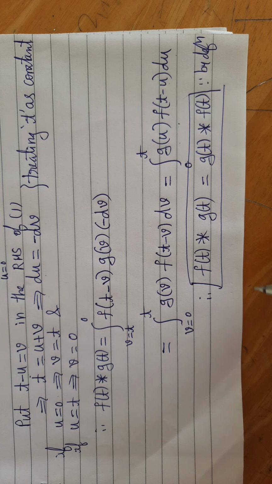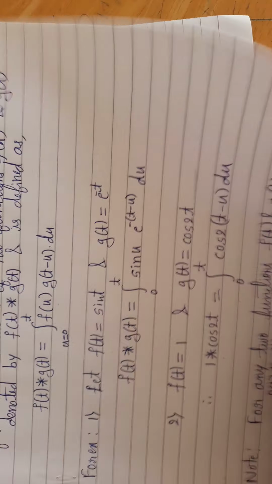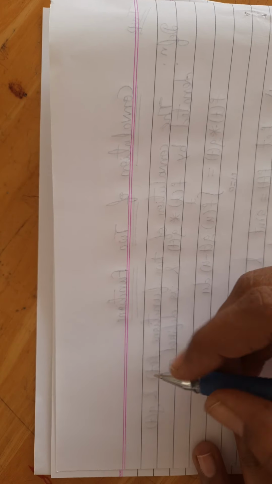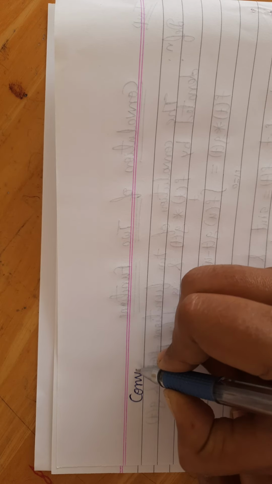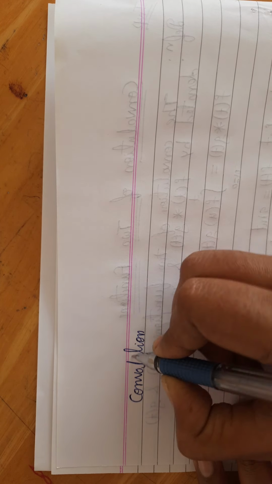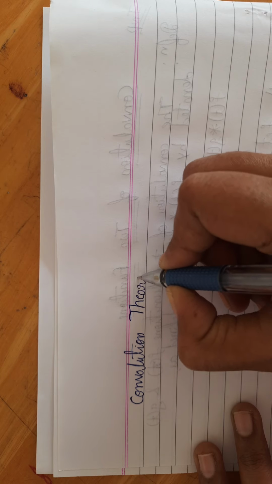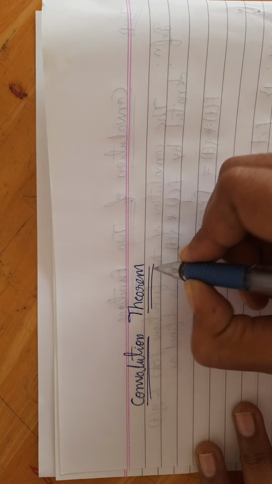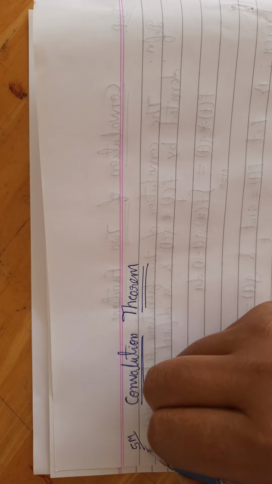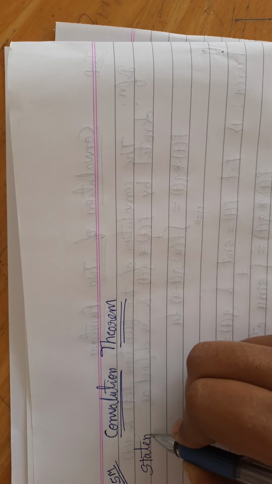So let us prove the theorem, one of the important theorems here, and almost every year that question is asked. There is only one theorem in convolution, and that itself is called the convolution theorem. So you write convolution theorem. This is always for the 5 mark section. So first we will write the statement. The question will be asked: state and prove the convolution theorem.